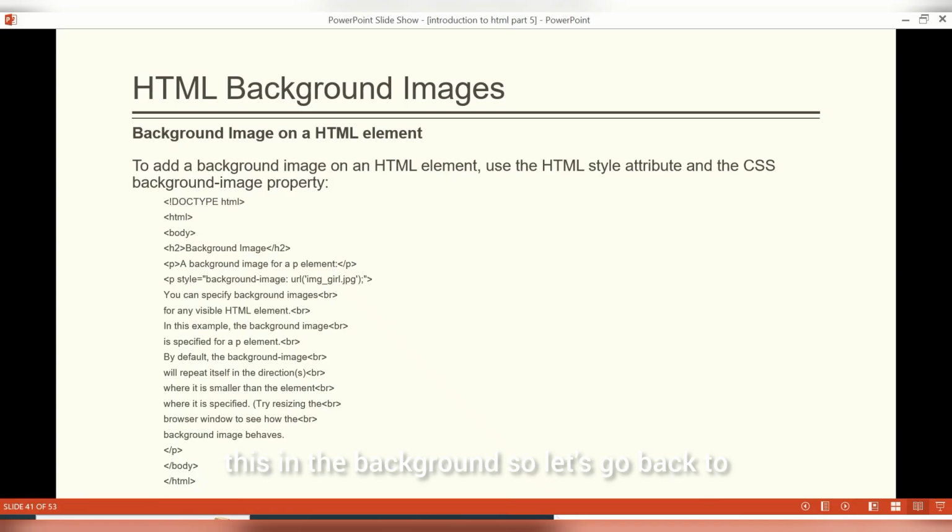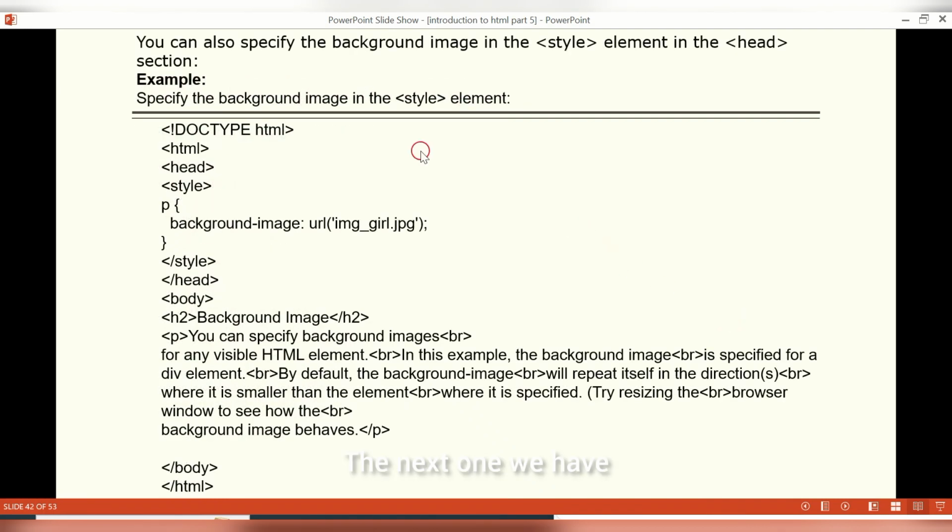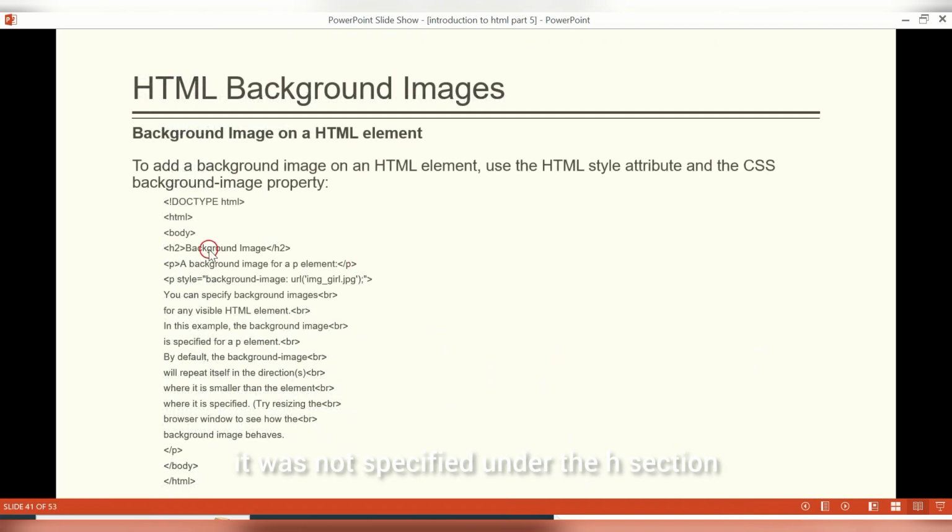So let's go to the next one. You can also specify a background image in the style element under the head section. You can see here under the head section, background-image, you are still going to get the same thing. But in the one we did earlier, it was not specified under the head section, it was specified under the body. Can you see, inline? So this is the inline method of putting your